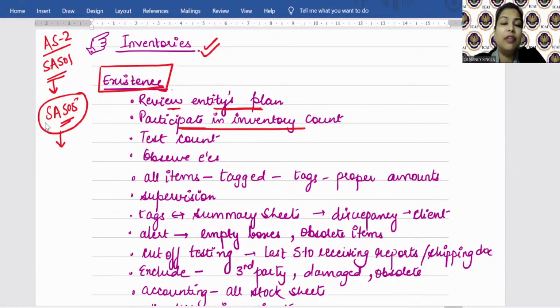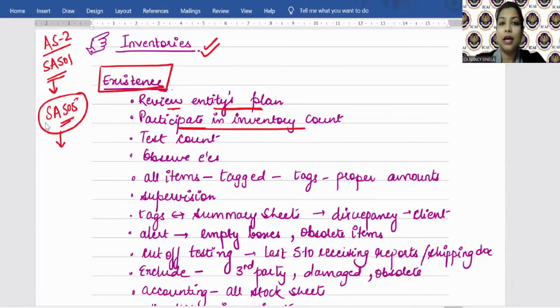And there, if you remember, when we discussed SA 501, we discussed that the auditor will not just attend the physical inventory count, he'll also observe the process the management follows to conduct it, as to how the inventory has actually been physically counted. If you remember, I told you that practically, when the inventory is being counted, the in and out movement of stock is stopped for that moment. So the auditor will observe whether that actually happens, right?